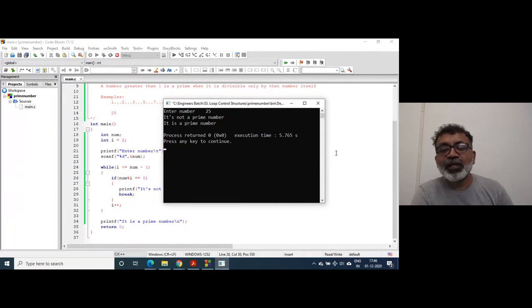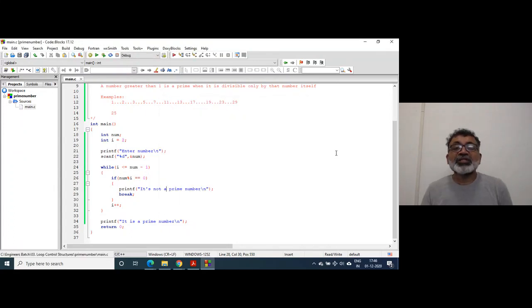So there cannot be a number which is prime as well as not prime, right? This is where your program gives you wrong output. What is the reason? The reason is that to decide whether a particular number is prime or not, our generalized rule is that it should not be divisible by any number between 2 and that number.